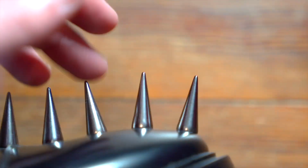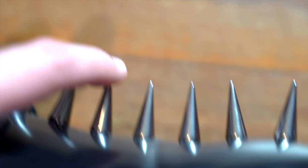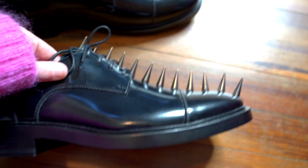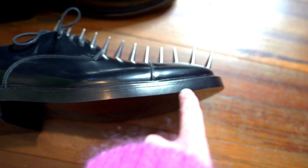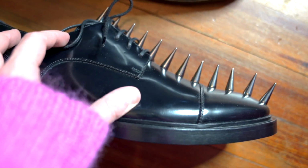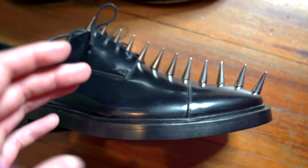The spikes, too, they're nice and sizable, real metal, of course. That would be super disappointing if they weren't. And they're rounded off just enough that you're not going to kill yourself or anybody else. Aside from that, it's actually a very simple and restrained derby shoe. It has the exact same shape, I would say, as the derbies that they made that had the Balenciaga LEDs inside them right along here. It is a patent leather construction, but not that super hyper glossy patent leather. It's a bit softer than that, a bit less treated,